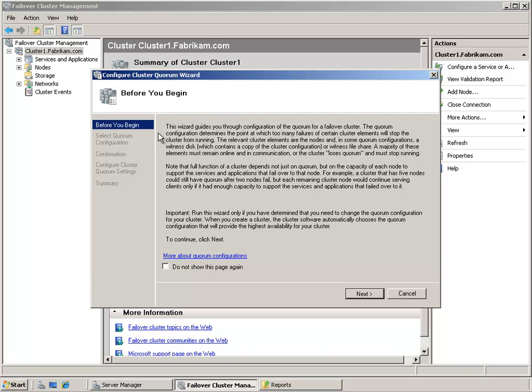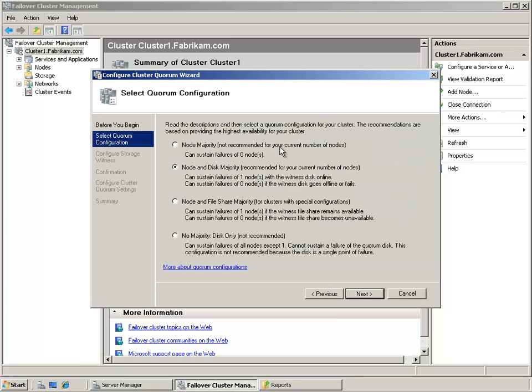Except that it's not completely configured yet, because we need to configure the cluster quorum. So what does this quorum thing mean? Imagine that every node in your failover cluster has a vote, and it votes for who's the boss, who owns the resources of your cluster. So if you have 3 nodes, and each of the nodes has one vote,